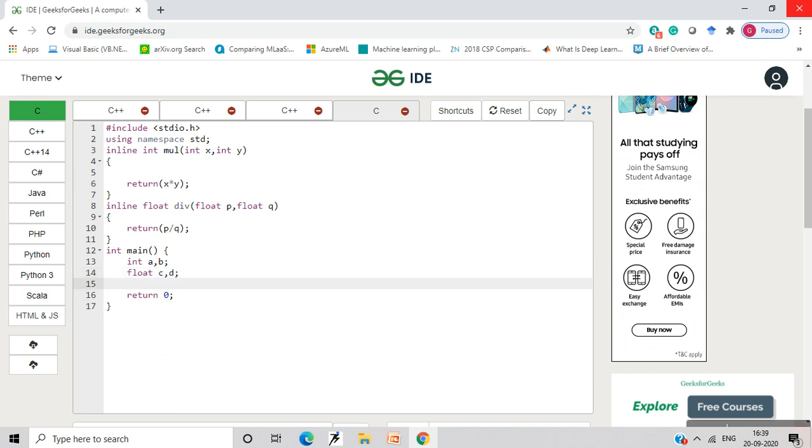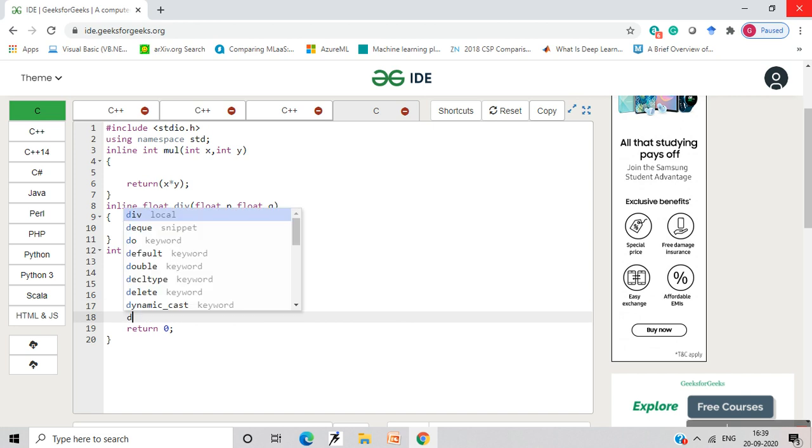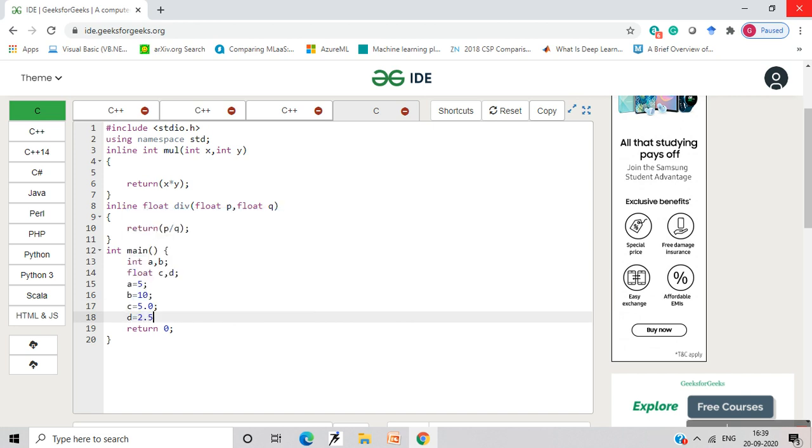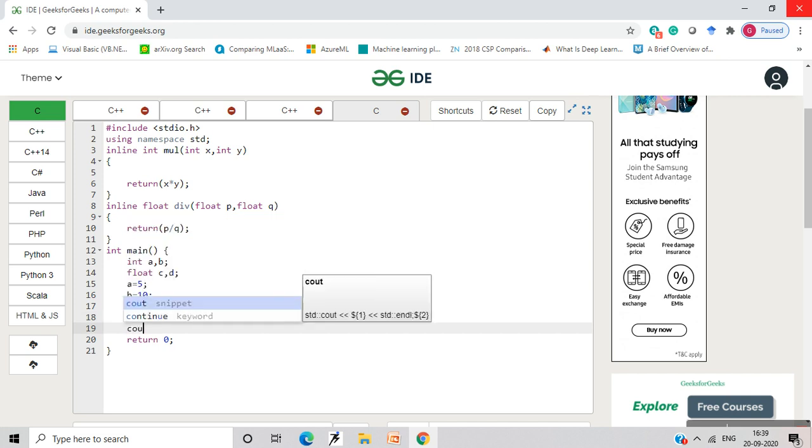What I do is I assign a the value 5 and b as 10, and c as 5.0, and d as 2.0.